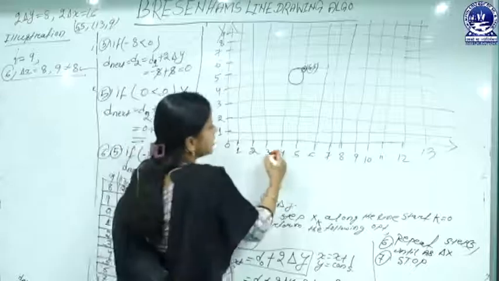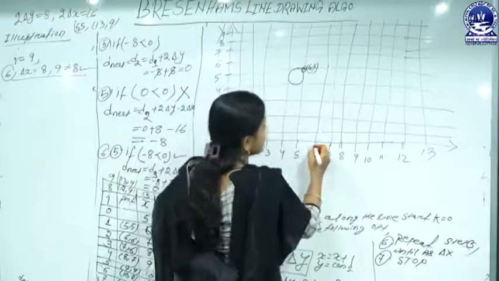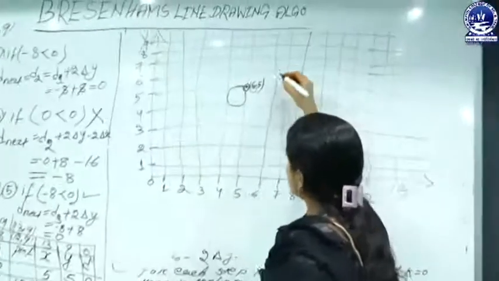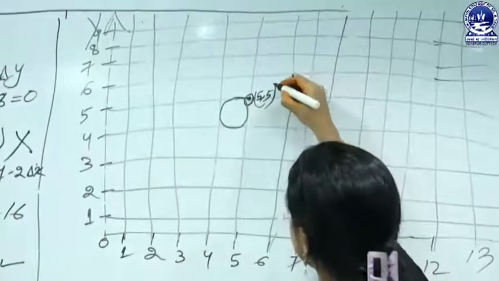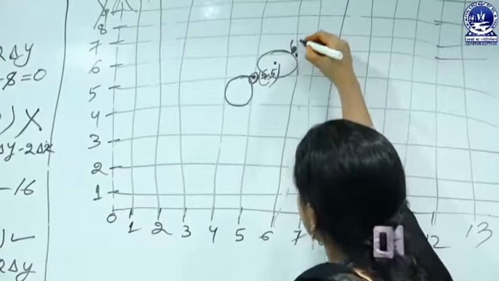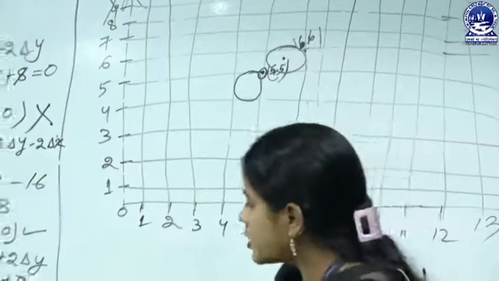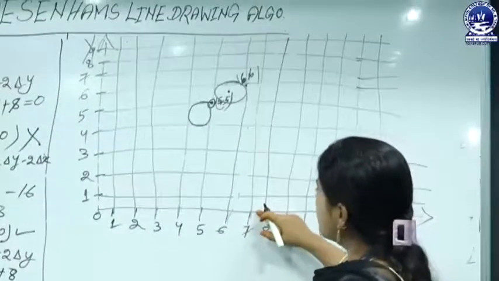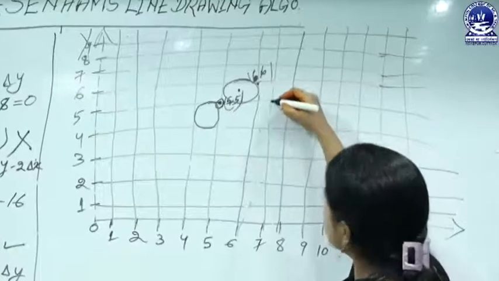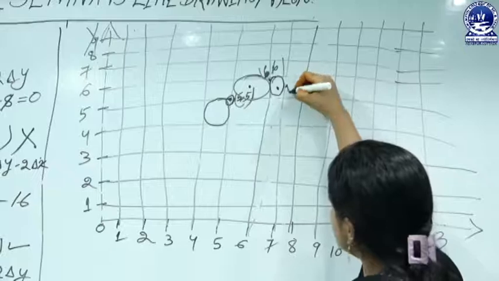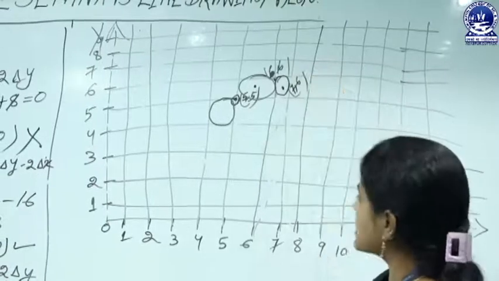Then we go to draw the second pixel point, that's (6, 6). In this case the x coordinate contains 6, and the y coordinate is also 6. So this given location represents the next pixel point, (6, 6). Again check the next pixel point, that's (7, 6). That means the x coordinate value is 7 and the y coordinate value is 6, so this given pixel point represents the next pixel element, (7, 6).